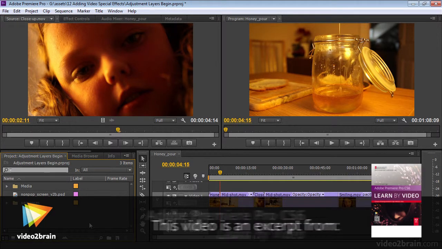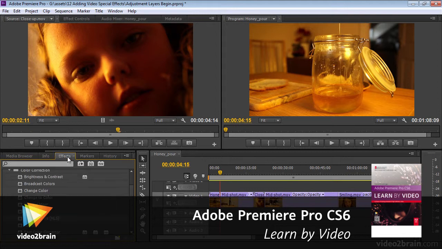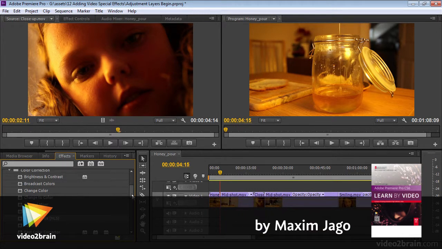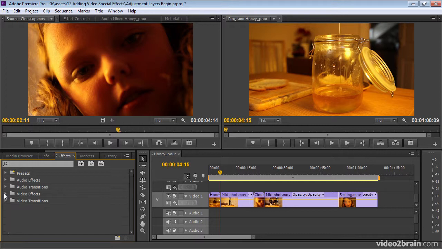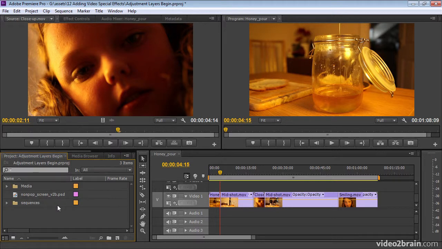When you drag and drop an effect from the Effects panel onto a clip inside the timeline in Premiere Pro CS6, you're always doing so on a clip-by-clip basis. Now, you can nest a sequence, you can put a sequence inside another sequence, and you can apply an effect to that. And that's a way of applying an effect to multiple clips in a single step. And that really works, and it's one of the great benefits of nesting sequences. But it's not quite as flexible as having a way of applying a single effect to multiple clips on the